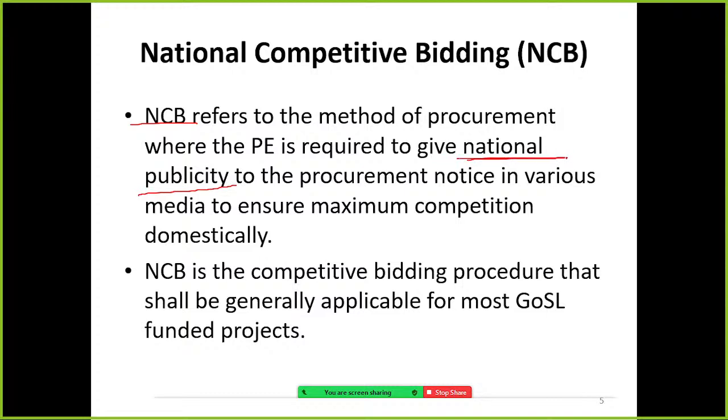Here the need for attracting international bidders is not required. So the coverage of the advertisement is limited to the national level, island-wide, not international. The procurement notice is in various media to ensure maximum competition domestically.